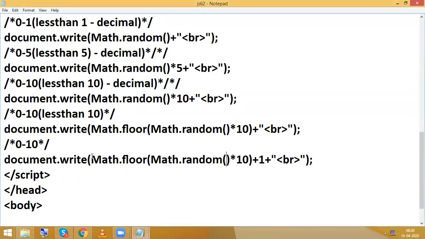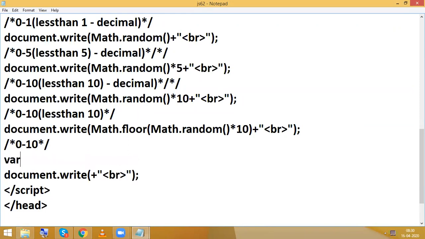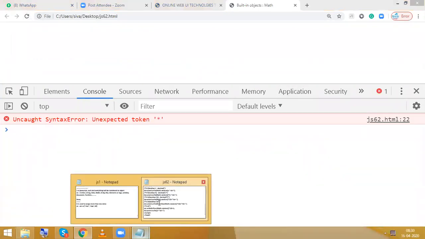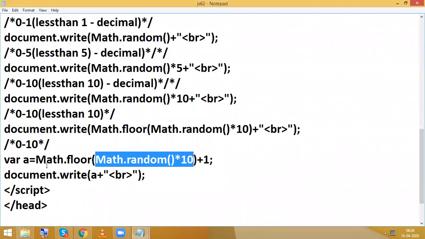Okay, so I will do one thing. I will store this total thing in a specific variable, variable a equal to something like this. And now try to display.